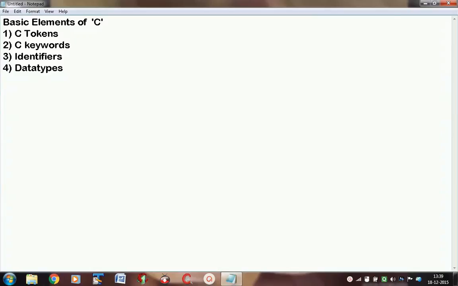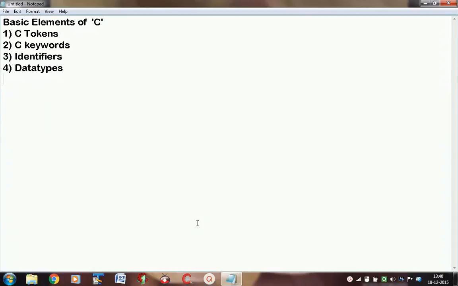Each keyword is meant to perform a specific function in a C program. Keywords cannot be used as a variable or function name. Keywords are the meaningful words whose meaning is already known to the C compiler. We cannot change the meaning of keywords. White spaces are not allowed in the keywords. There are basically 32 keywords. Some of them are int, float, char, double, if, else, switch, case, etc. So these were some keywords.